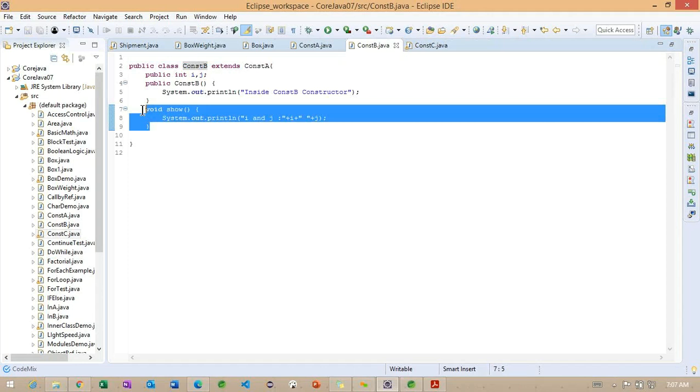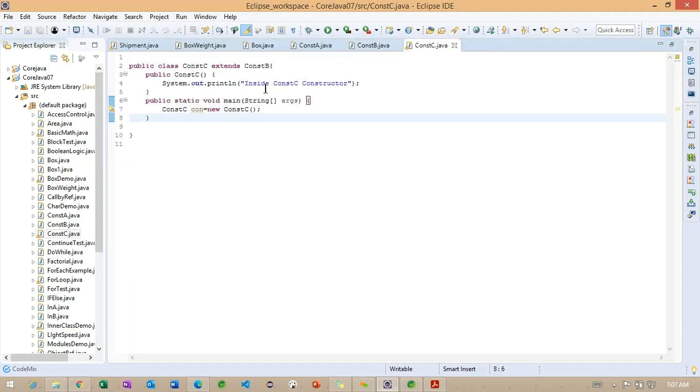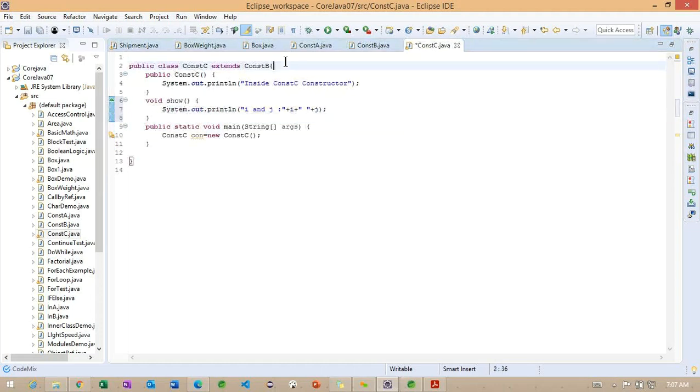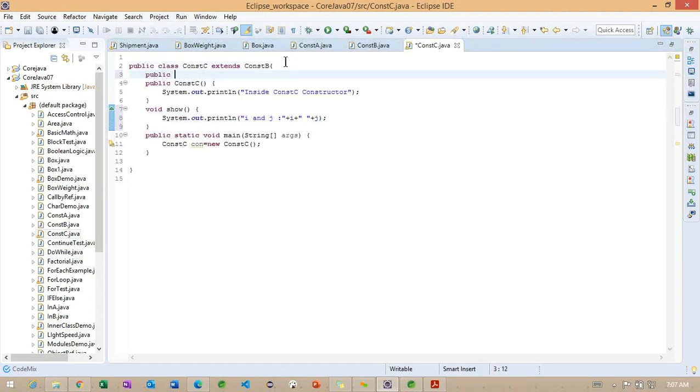So I'm going to copy the same method into ConstructorC. And here we don't have i, j; I want to use only k here. To work on this, what exactly can we do? Getting the point.